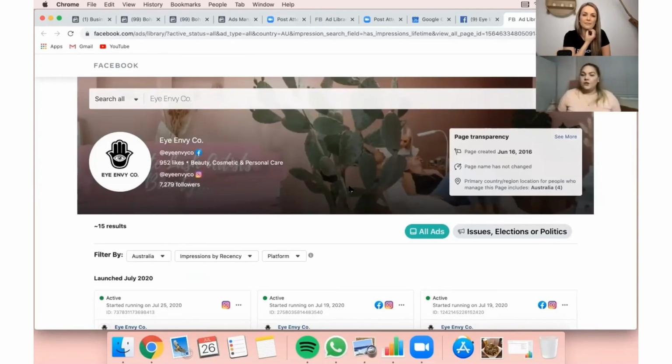So that's a really strong and powerful tool to use just to see what other people are doing. Are they mainly doing a picture ad, a text ad, are they running videos, things like that. If you find a brand that you love and you think that you run in line with that brand, just personalize it to yourself, to your own images, your own color branding, everything like that. It will give you an idea of what other people are doing if you're stuck or you want to know what other people are doing.